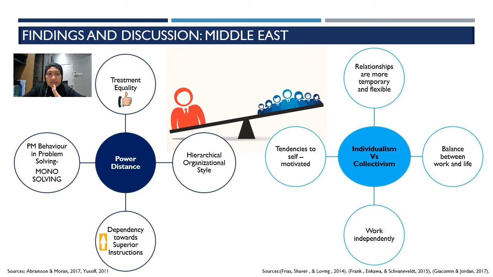And lastly is the behavior of project manager in problem solving. All of the interviewees are saying that their managers are applying a mono solving style. So basically the project manager has ultimate authority in making decisions over the subordinates. And sometimes the subordinates' ideas are not being heard, and it's hard to propose things to their superior because their